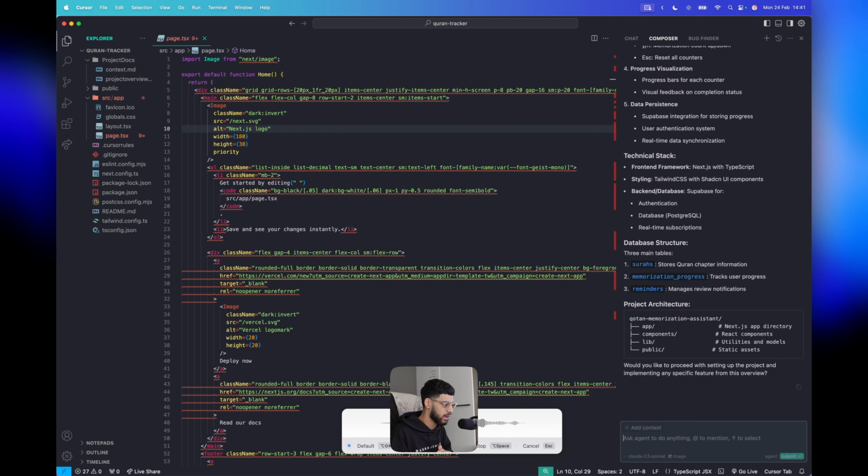Great. What I want you to do now is just implement this application. First, start off with the main dashboard. Make sure you use shadcn components as much as possible. If you need anything from me, just ask me questions. In terms of the Supabase stuff, just give me the SQL queries and I can put that in the SQL editor in Supabase. But for now, just design the dashboard, design the main tracking page as well, where we can start tracking our surahs and memorization. And then, yeah, let's start off with that for now.